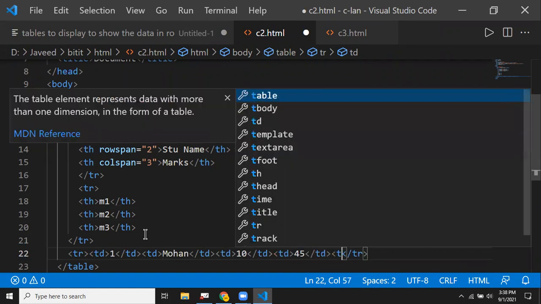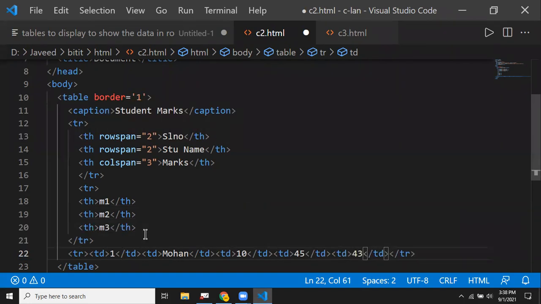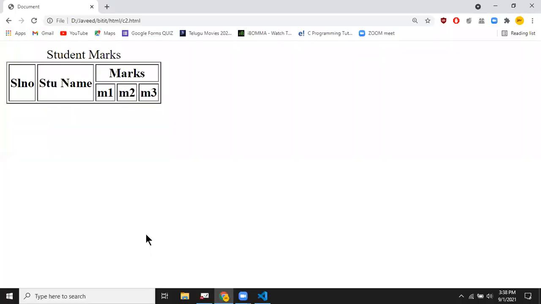Then marks in the third subject. I'll save, I'll tab to switch to the browser. Then you see that it's going to show me here, right? So you understood this? Understood this part? Yeah. Okay.